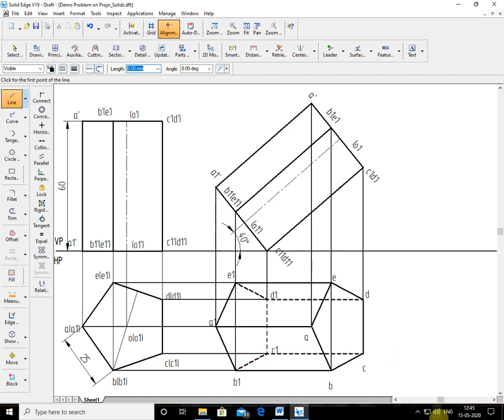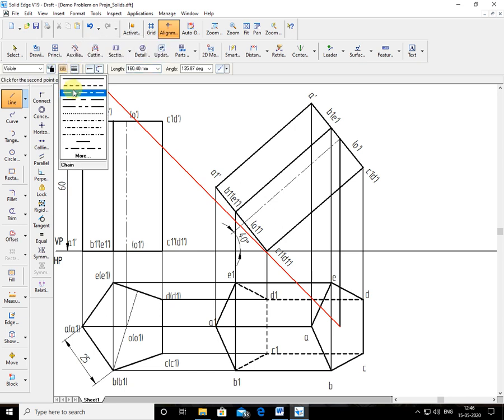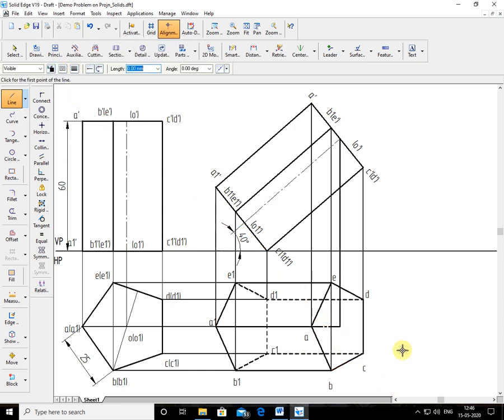Now I'll project the axis point. The axis point is here. So I maintain vertical 90 degrees. See here, where is the axis point? This is the axis point. From here to here you show the axis. Only this much you show axis because next is AA1. The AA1 edge overlaps the axis. This is the axis line. Up to here only you show the axis line.